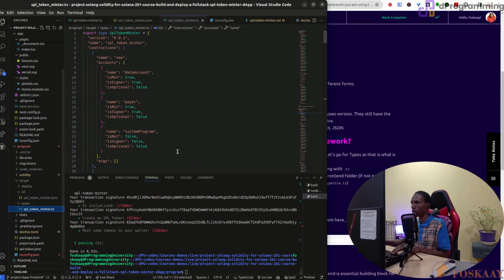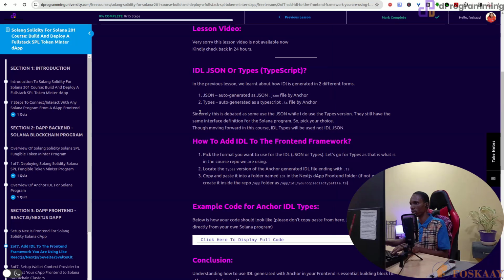So we want to work with this, and that's what the page is explaining, how to add the IDL to the front end. Pick the format you want to use. Like I said, either you pick the JSON or the types, which is the TypeScript. So let's go for the types. Locate the types version, then copy and paste it into a folder named IDL. So what we need to do here: